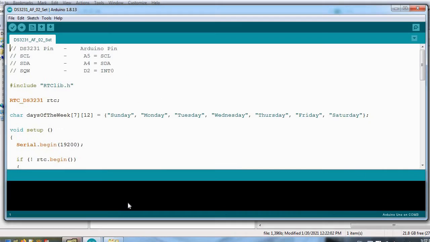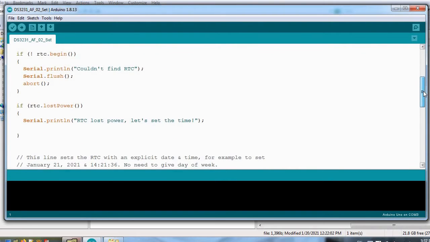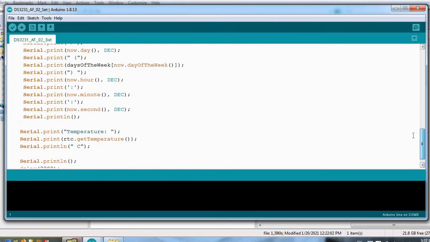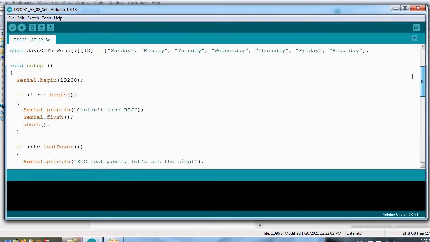Okay. So this is our set time program. This is similar as far as getting the time is concerned for displaying on the serial monitor.